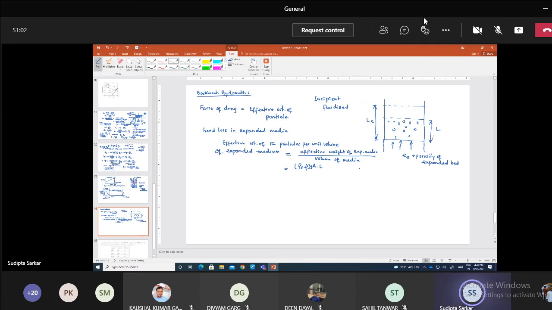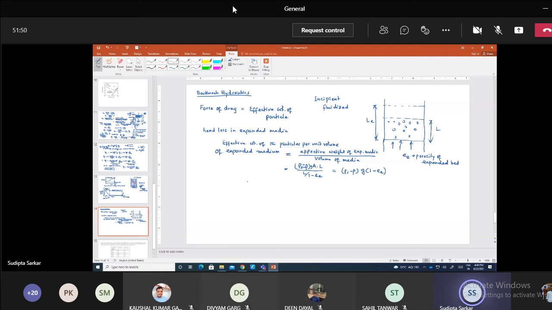Okay, so that means we have, you can see here, this is L divided by 1 minus E, which you can write down as (rho_s minus rho) into g into (1 minus E). Okay, so this is minus. Now if you equate this, effective weight equals the